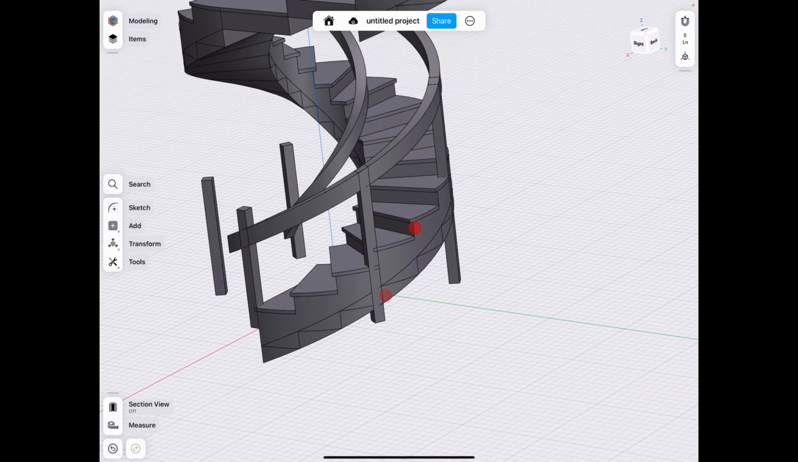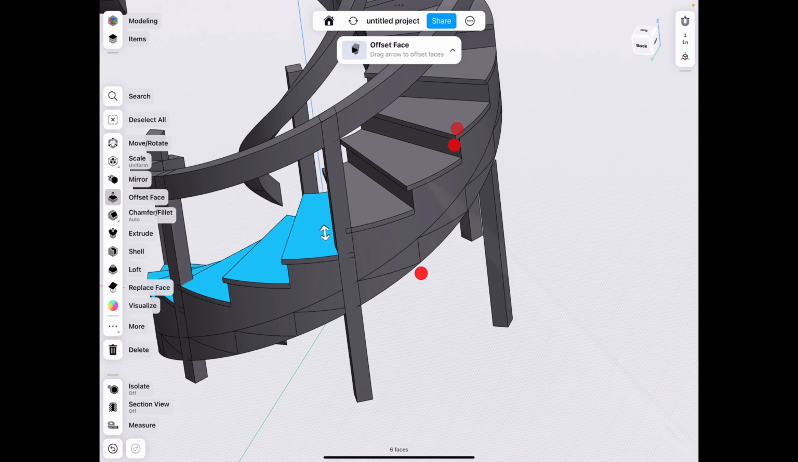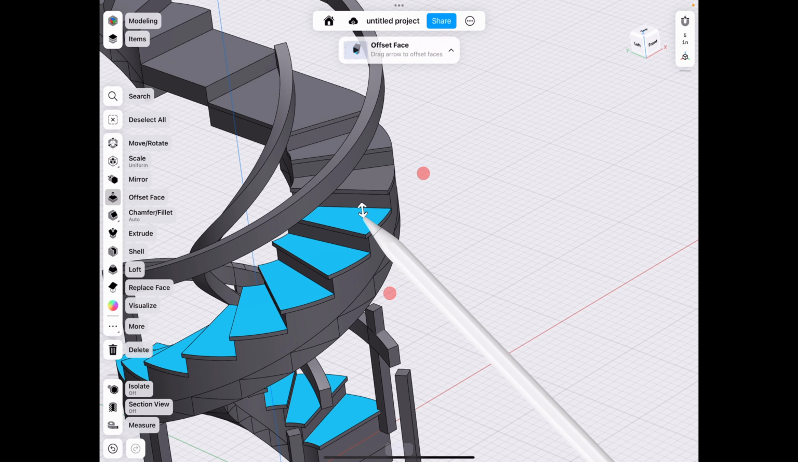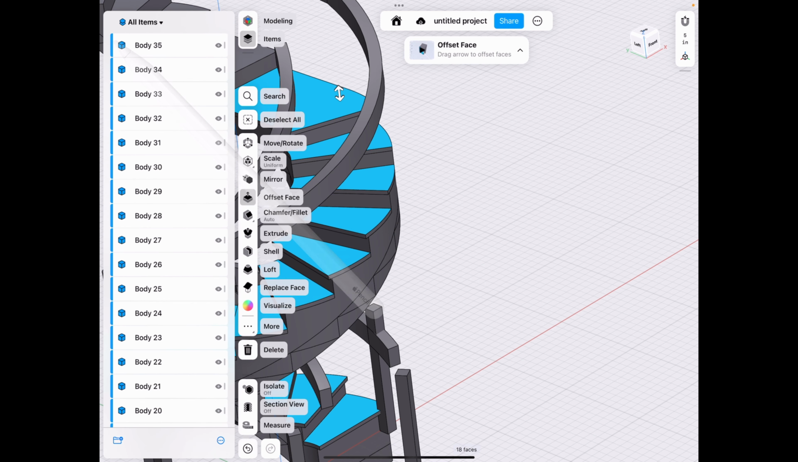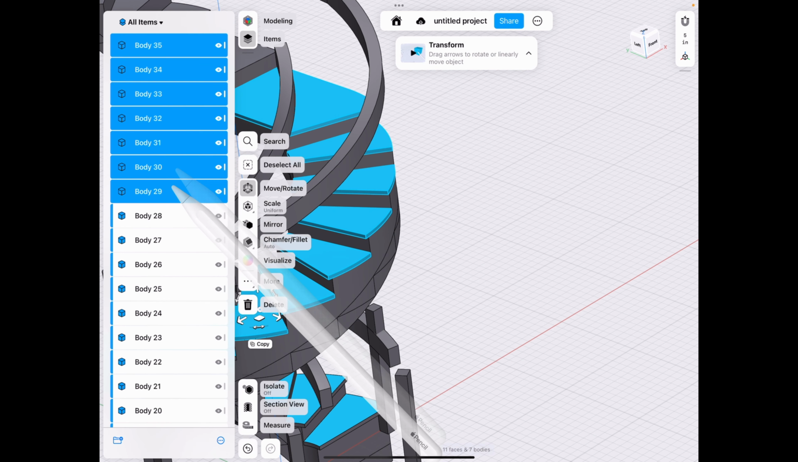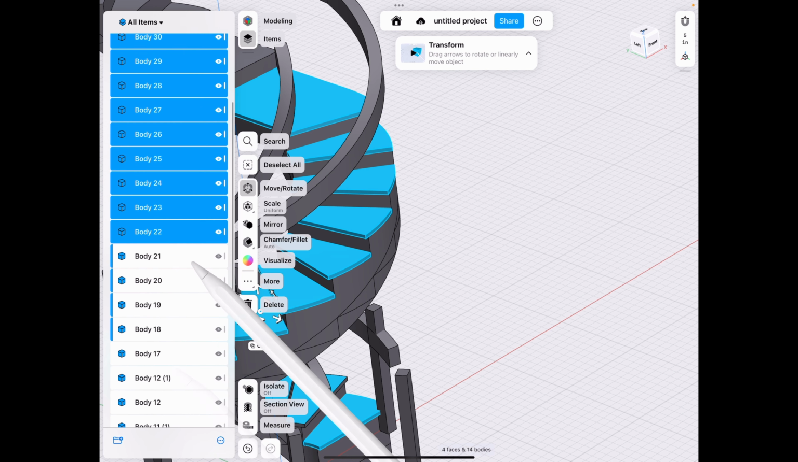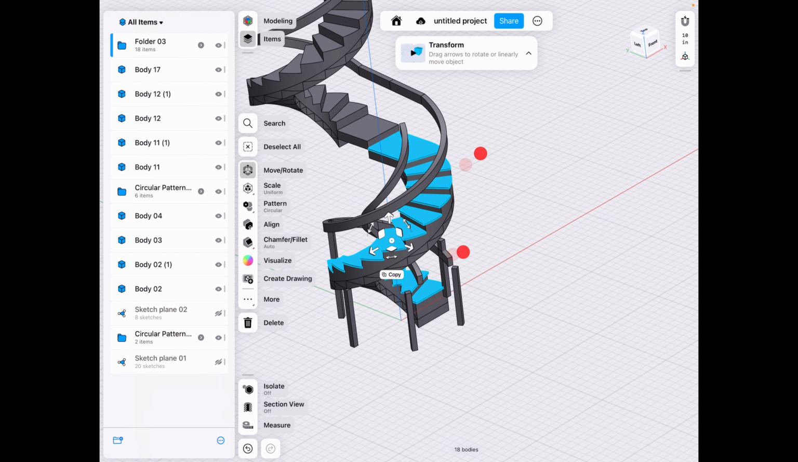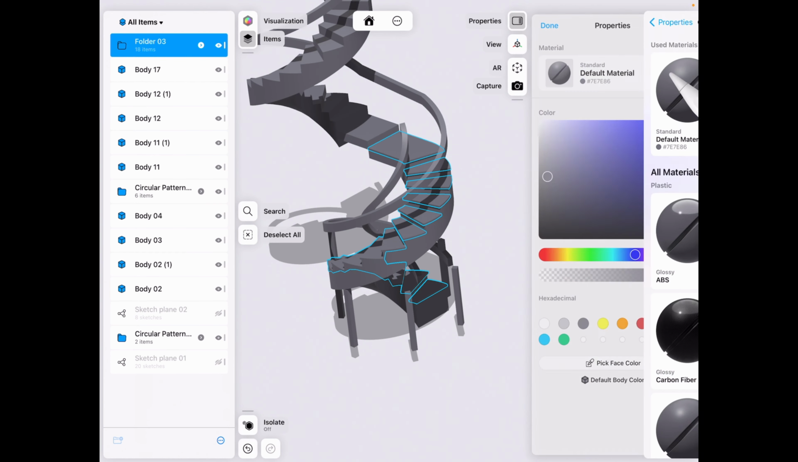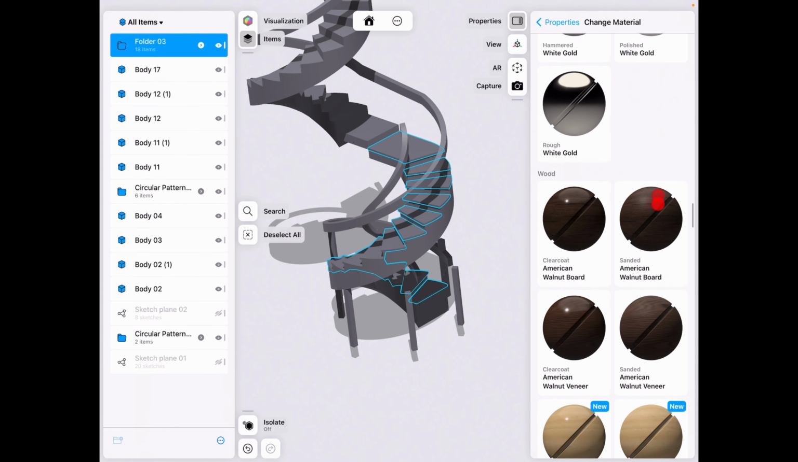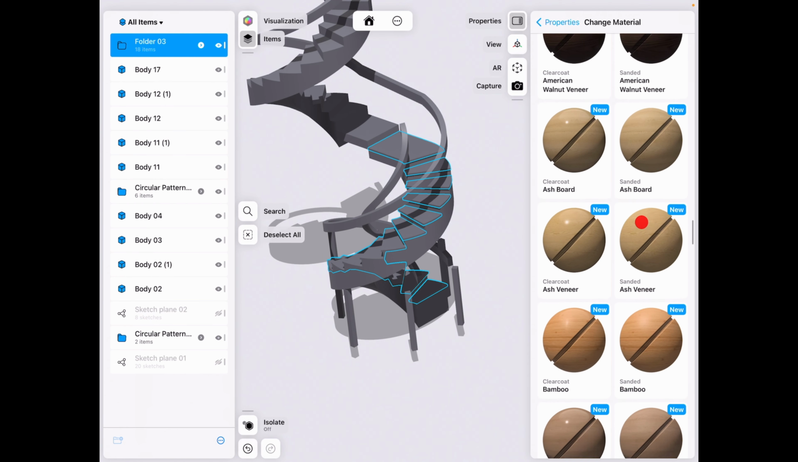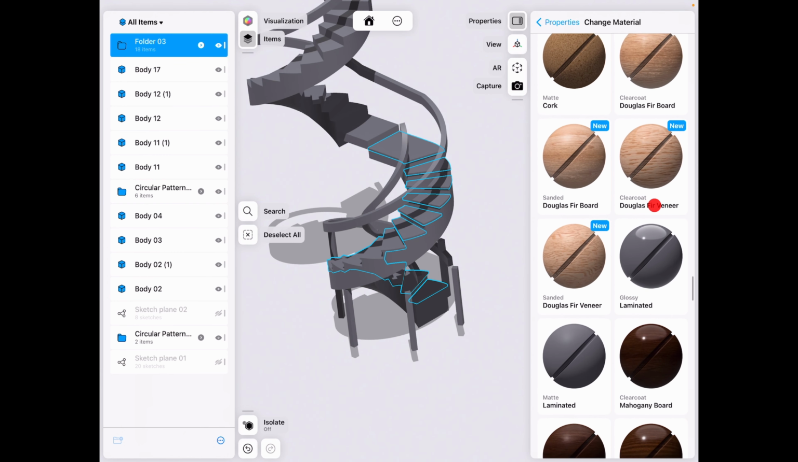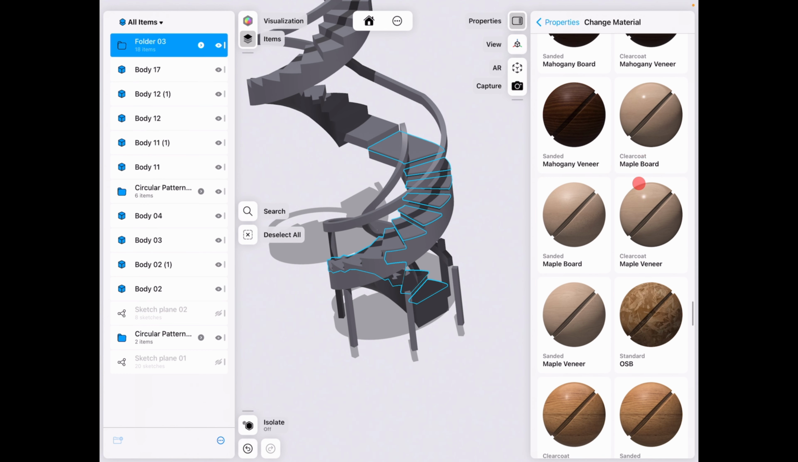And the cool thing is also, if you just tap the top of these things, then you go to items, and you have to tap them again, but this is still less work than the other ways. And then you go new folder, and now you can select all of them, go to visualize, change this, go to the wood section, and let's say you want, I don't know, what do you want? Douglas fir board. That's probably not typical for these. Let's do